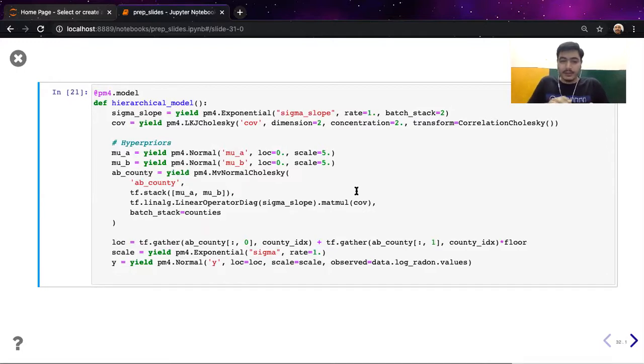For generating random correlation matrices, we define LKJ priors, and to correctly transform the samples from the approximating distributions into the support of LKJ priors, we make use of a transformation called correlation Cholesky from TFP. PyMC4 is actually implemented on top of TFP, so we can make use of everything. One interesting thing to note here is that ideally the transformation for a particular distribution is implemented in the distribution class itself. But it's not currently there in the code base of PyMC4, so that's why we are specifying it manually.